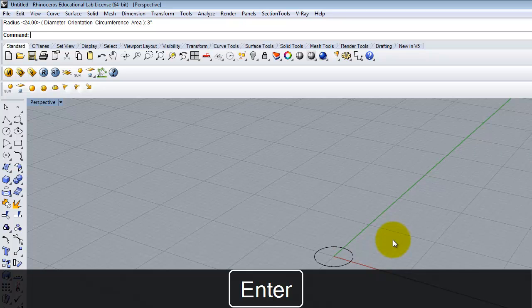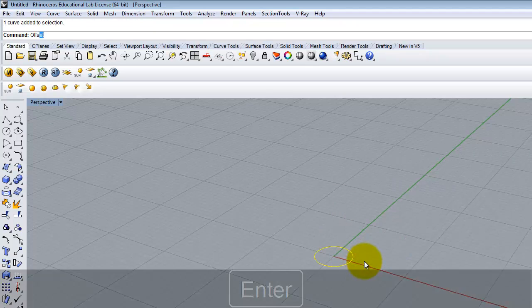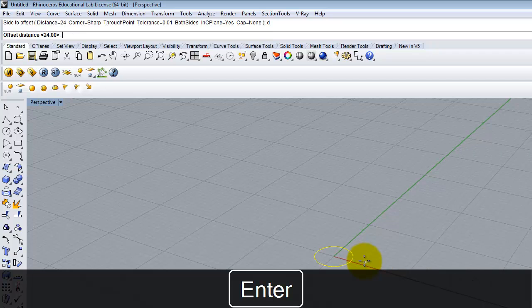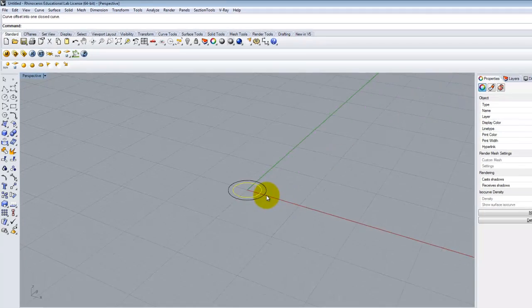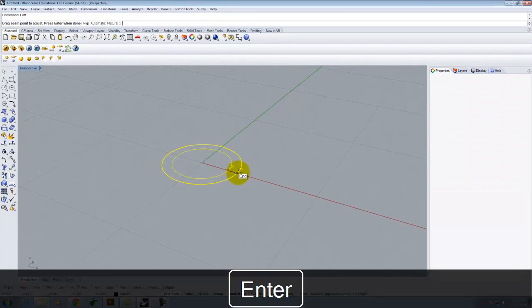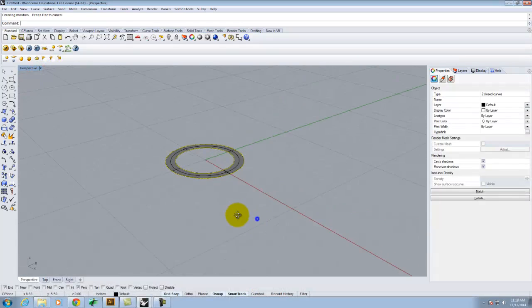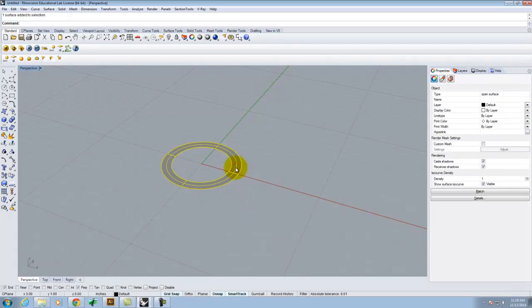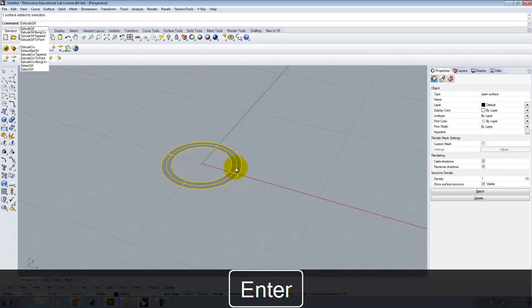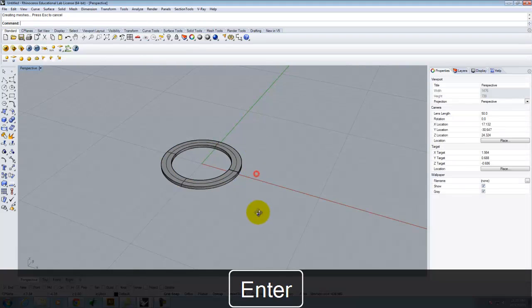I can do it smaller. It makes no difference. The size of this doesn't really matter. I'm just trying to show you how I'm going about it. Okay. Let's offset this by 1 inch, something like that, so I get the outer rim. Let me loft these two pieces together, so I end up with the surface. Let me switch into shaded mode so we can kind of see the surface. Let me extrude surface. I don't know, we'll go up 1/4 inch or so